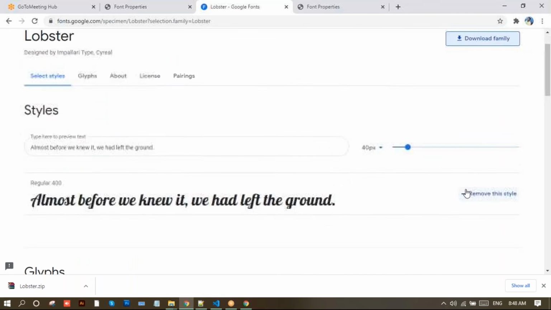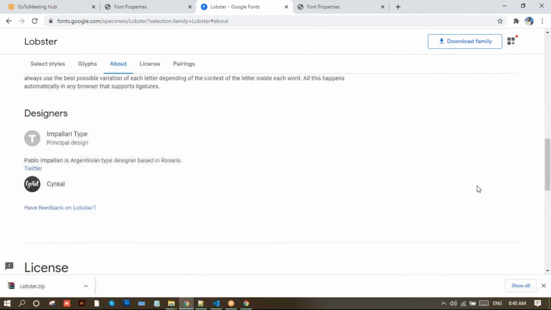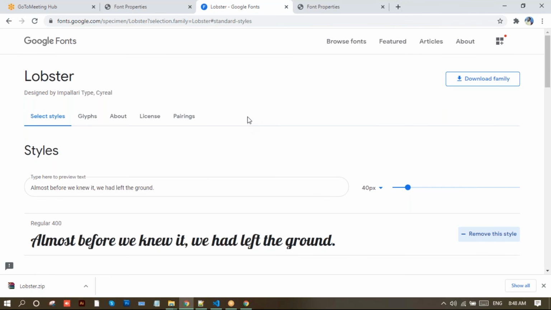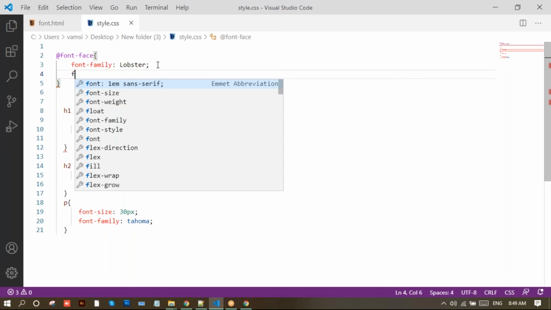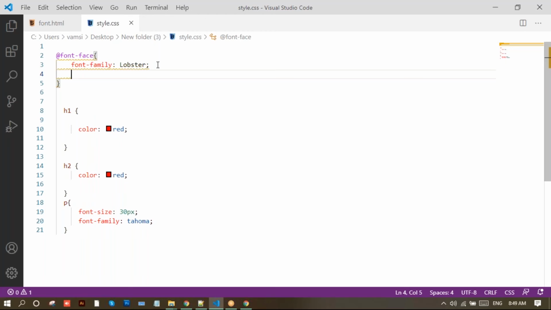So what is this name? We can give Lobster Regular, or do one thing, go to this one here. So here is the font family. So I'll place this one, Lobster, and next